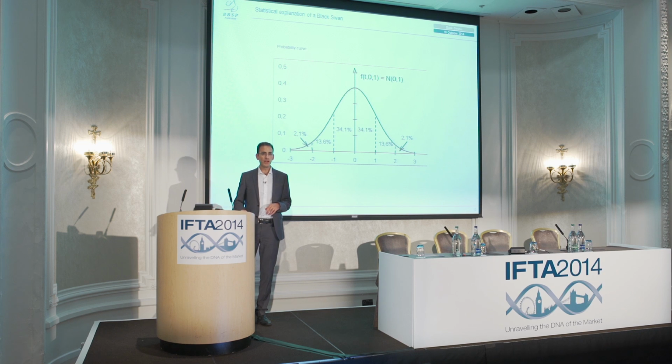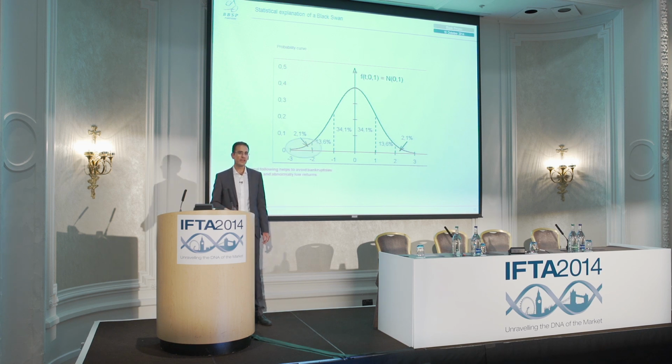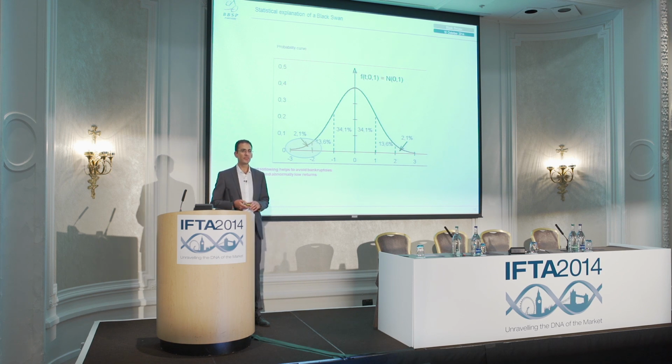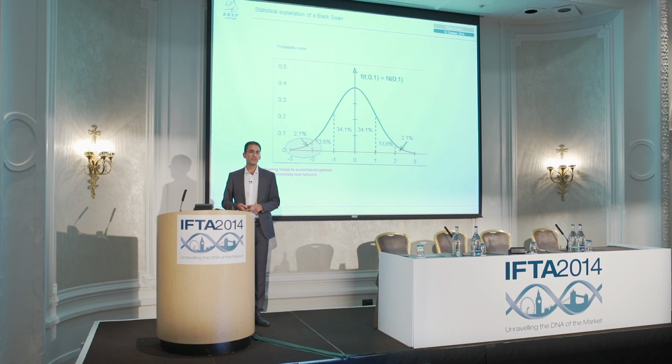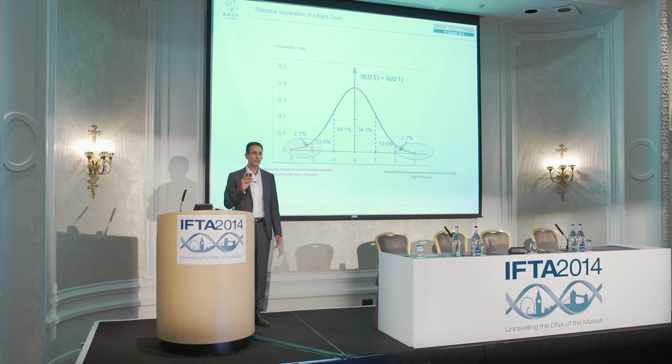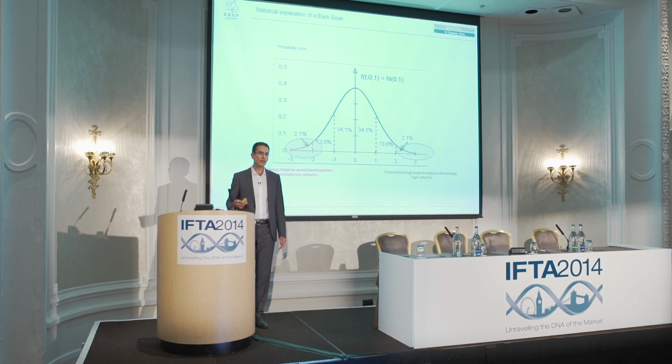So this is a typical black curve. Another way to explain what I said: what we want to avoid is the left part of the distribution curve. This is the unexpected high return. So we want to cut that, and stop losses are part of the system. And we want to catch this part, which are abnormally high returns. And if you don't use a trend following tool, I'm not sure you will be able to catch these abnormally high returns.